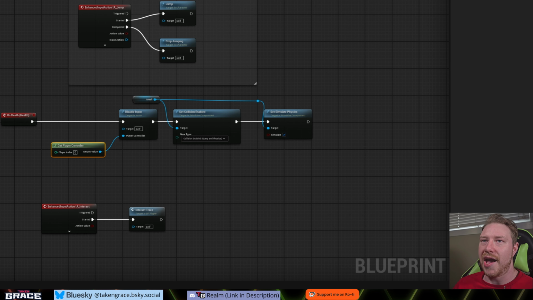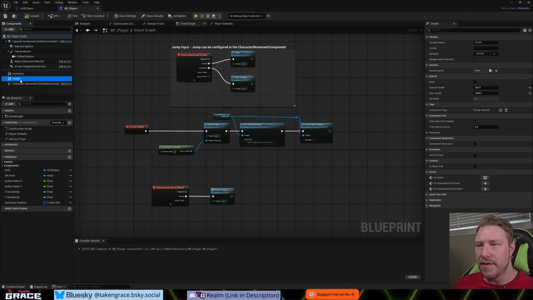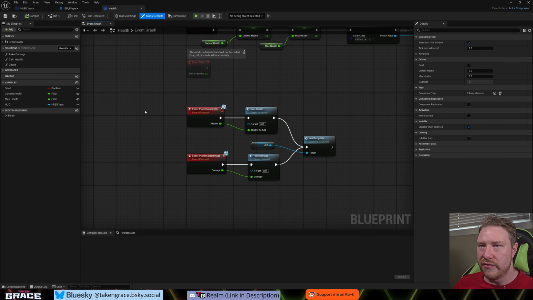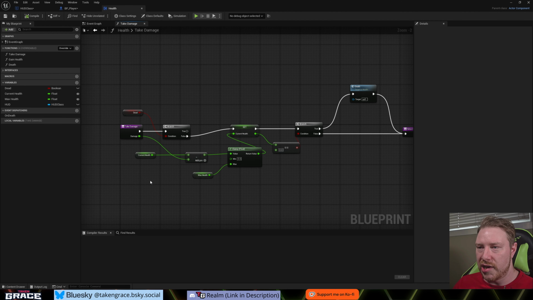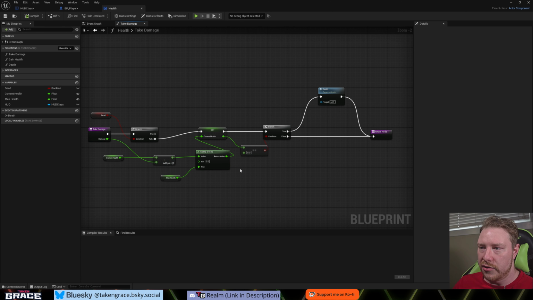Now we just need to add the game over screen to our player when we die. So I just want to highlight this for those who didn't follow my UI tutorial series. Inside my player, I have my health component. And if I go inside that health component, I do have a function for take damage. All we're doing for taking damage is checking if we're dead, and then minusing our current health from our damage, and setting our new current health, and then checking if our health is 0,